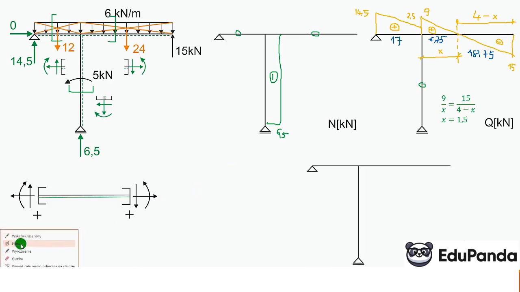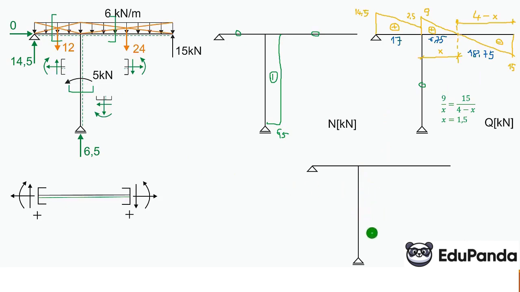So let's start with this vertical rod. We do not have a shear force diagram here, so there is no area. But you have to remember this principle. If there is an applied shear force on the beam, then on the shear force diagram there is a jump of that value. And similarly, if there is a moment applied on the beam or frame,